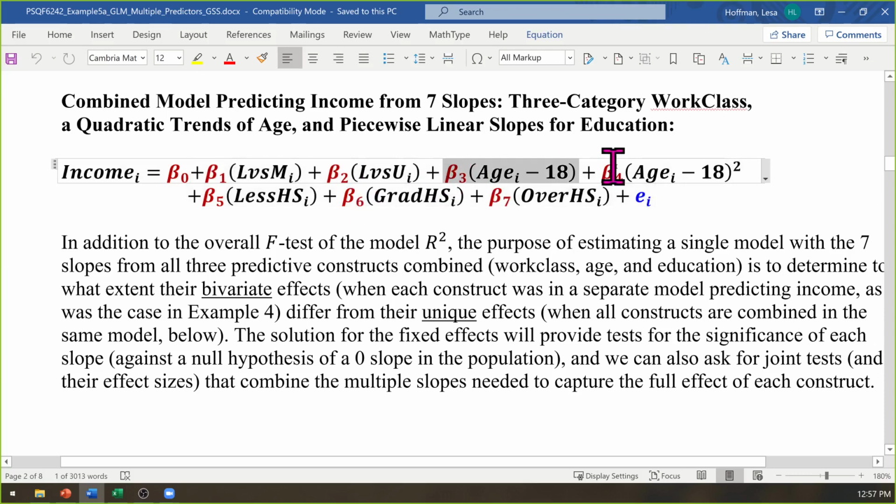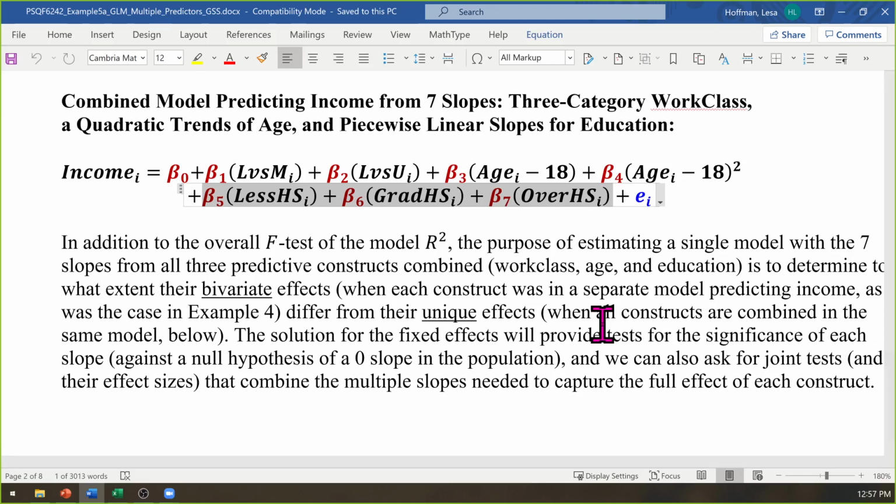It takes 2 slopes to talk about the effect of age because it's linear and quadratic. And it takes 3 slopes to talk about the distinct effect of education within the separate regions as I've defined them. So I know based on that I'm going to want to ask for additional information that lumps those slopes back together that refer to the same idea.